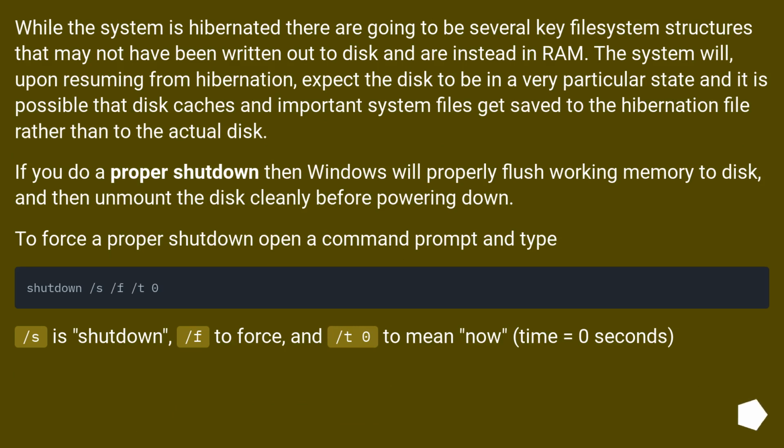While the system is hibernated, there are going to be several key file system structures that may not have been written out to disk and are instead in RAM. The system will, upon resuming from hibernation, expect the disk to be in a very particular state, and it is possible that disk caches and important system files get saved to the hibernation file rather than to the actual disk. If you do a proper shutdown, then Windows will properly flush working memory to disk, and then unmount the disk cleanly before powering down. To force a proper shutdown, open a command prompt and type